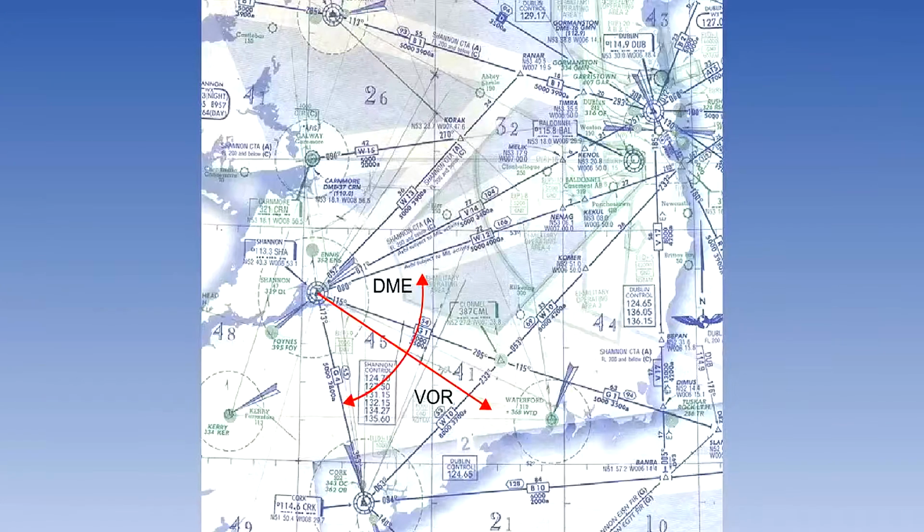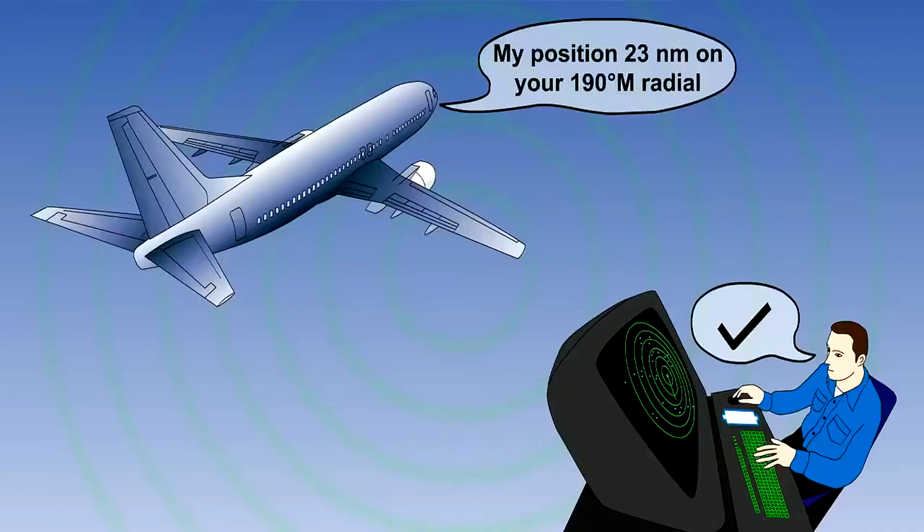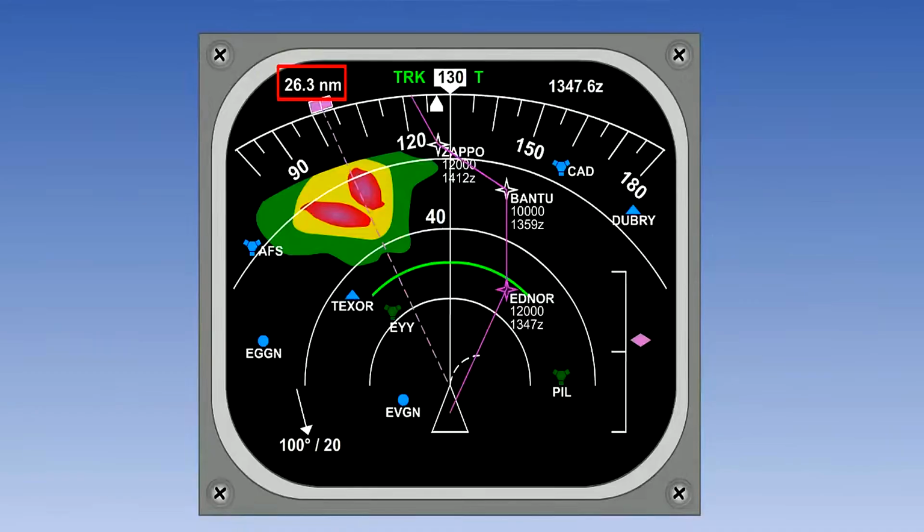He can obtain a position line by using DME as a circle with the equipment in the center, or use a VOR radial with the DME to get an exact position. It facilitates radar identification when the pilot reports his VOR DME position. And he can comply with area navigation requirements.